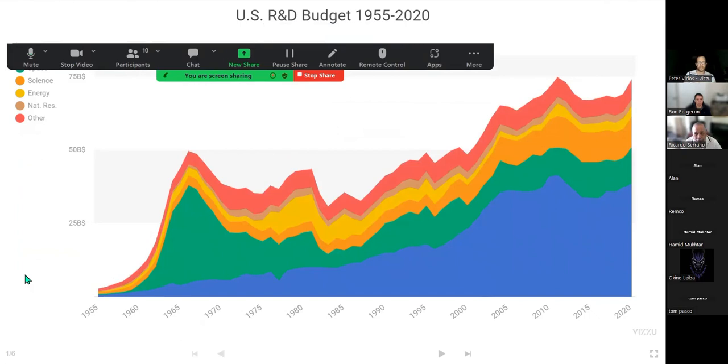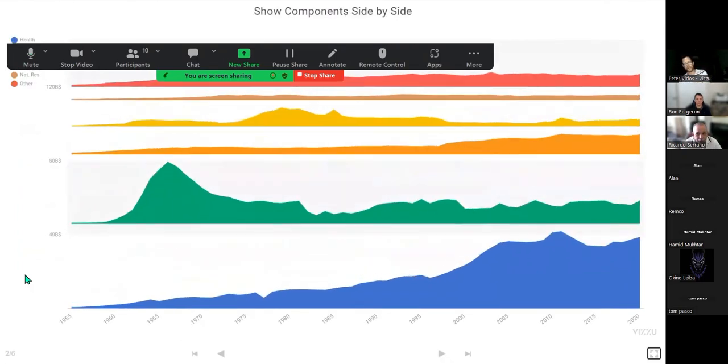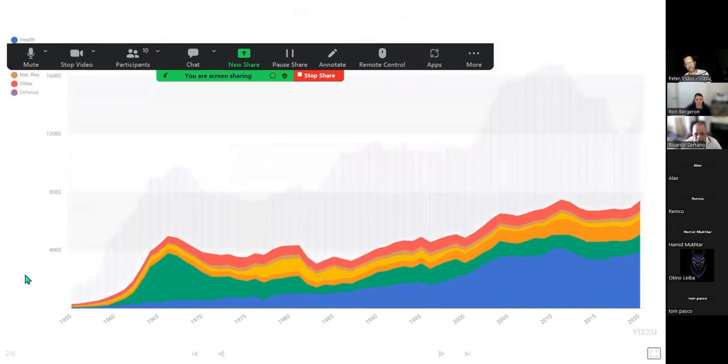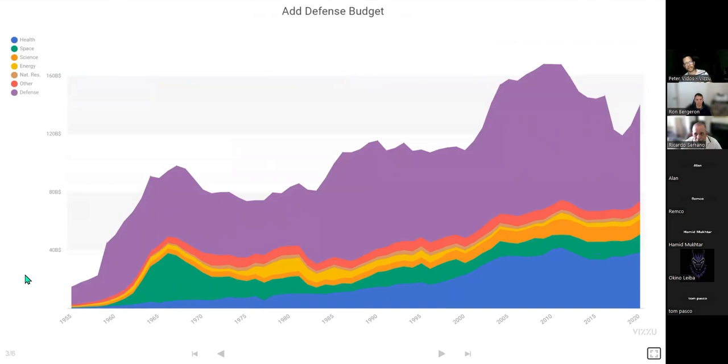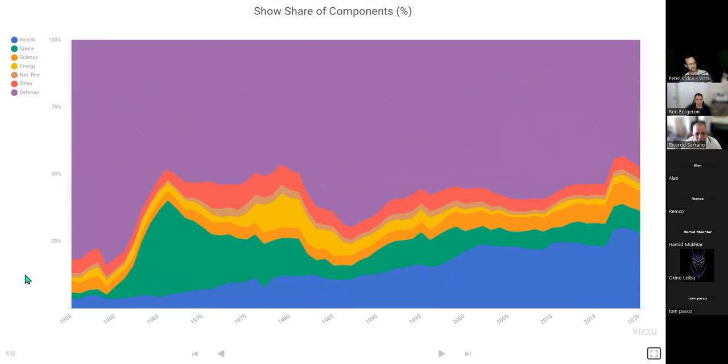So we started with the stacked area chart. Then we switched to the split view. Then we turned off the splitting and added the defense. This is where the alignment is set to stretch. As you can see, instead of the values, now we see the percentages, and we just needed to switch the alignment to stretch. This is quite a nice feature. And then we can see that the US federal government spent a lot on defense over the years, percentage-wise as well.